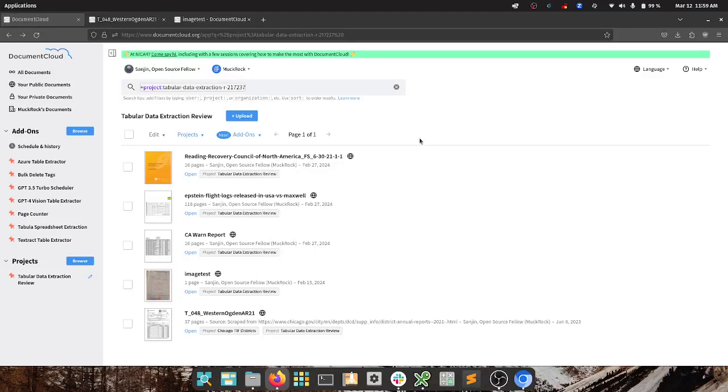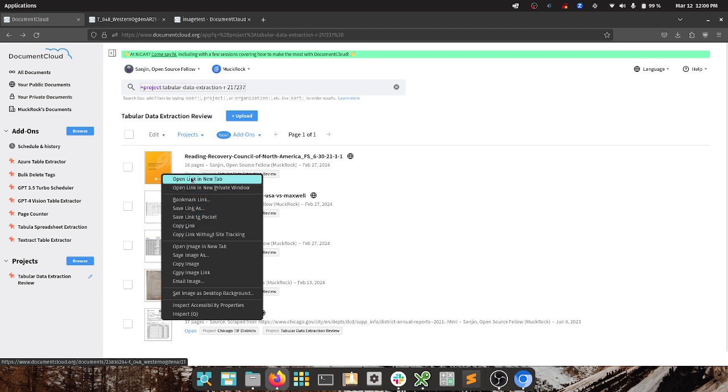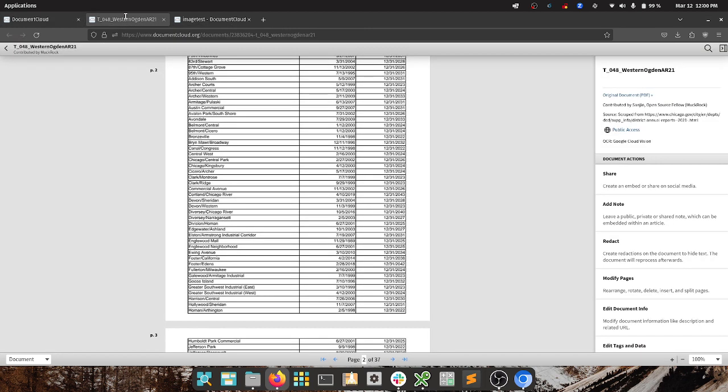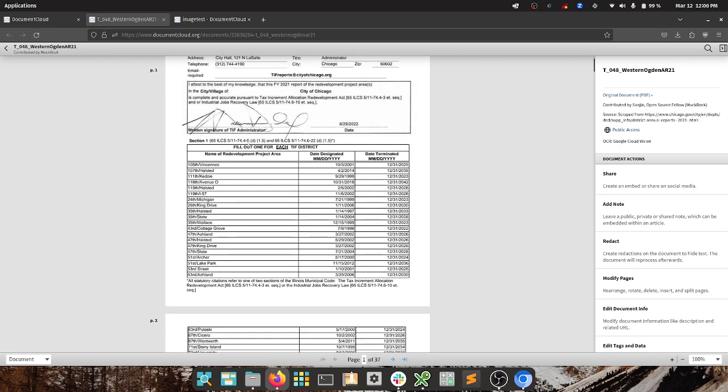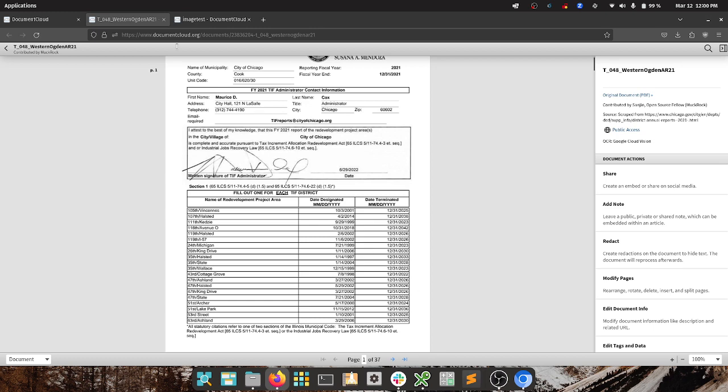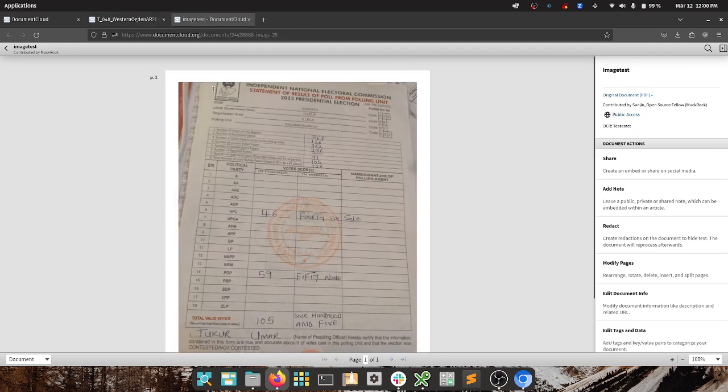Hello. Today I'll be talking about how to extract tables that are within PDFs directly from DocumentCloud using our DocumentCloud Add-Ons platform. To start off, I'll be talking about two different types of documents that you'll frequently encounter with tables in them. One are machine-generated documents that are text-based and which include very neat machine-generated tables like this. And then there are things that are scanned or include handwritten information or both, things like this, which are a